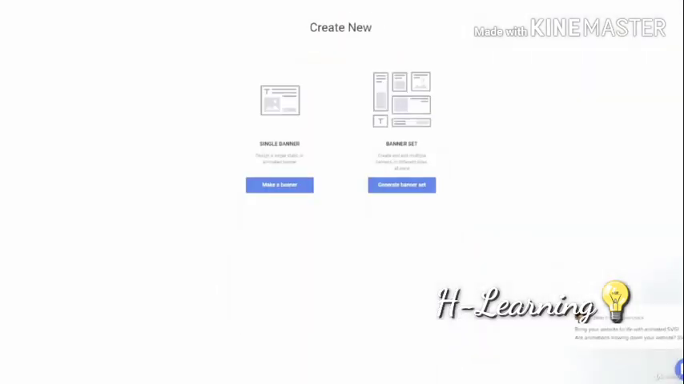Alright guys, so we are inside of Banner Snack, and this is where we're going to create our AdWords banner ad. Now, there's 2 options here, single banner and banner set. Banner set is an incredibly useful tool that you need to be aware of. It can really decrease the amount of time that you spend trying to customize all the different dimensions and sizes